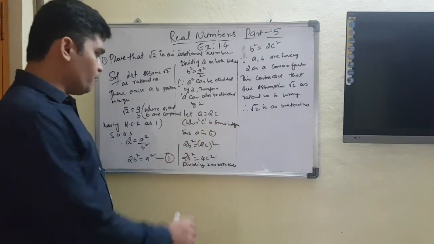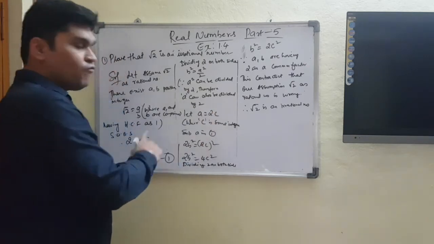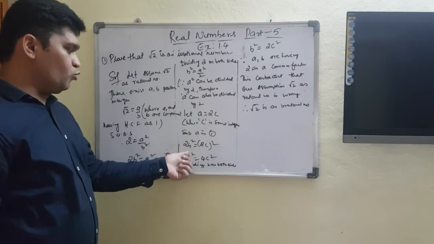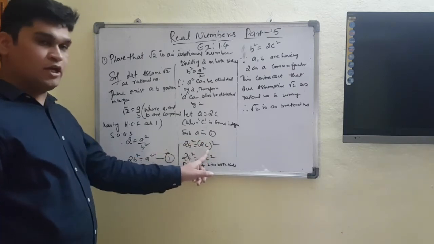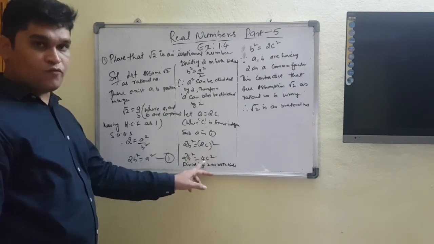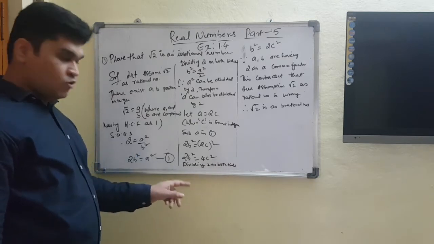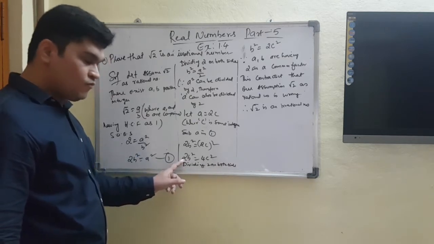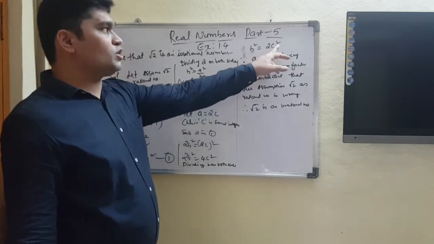Right? Now, the first condition which I have considered, I am going to substitute this a term in first. What is going to be? 2b square equal to 2c whole square. Instead of a, I am going to write 2c. So it will be 2b square equal to 2c whole square, nothing but it will be 4c square. Right? Now, dividing 2 on both sides again, because I need to cancel 2 again for b. Right? So dividing, what will happen? It will be b square equal to 2c square you got.